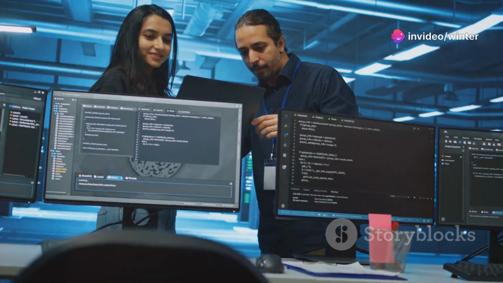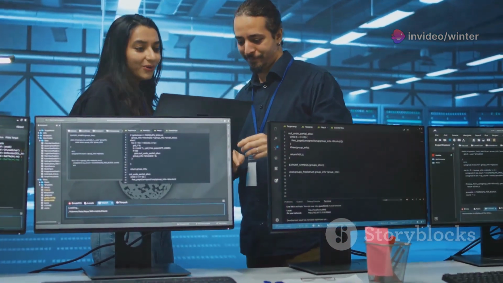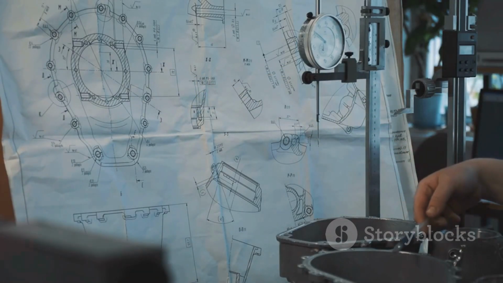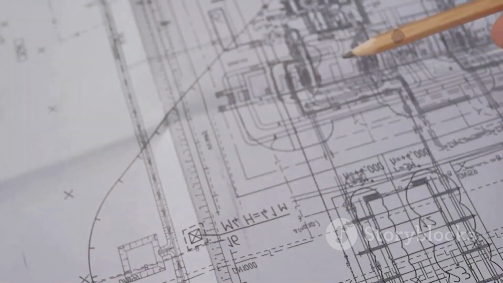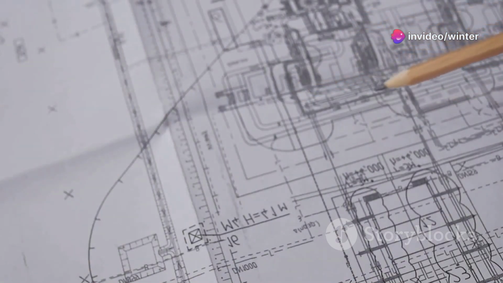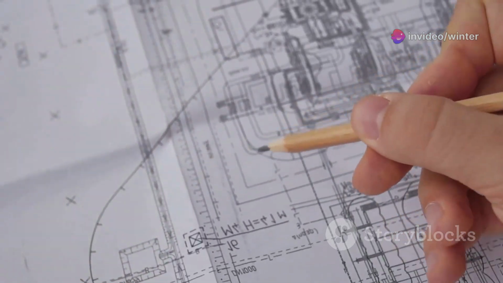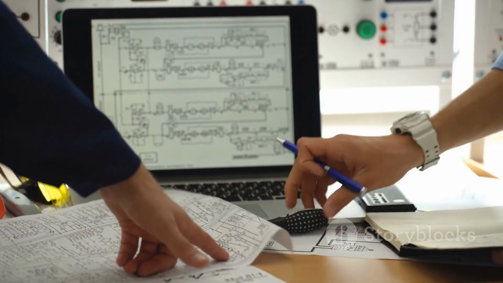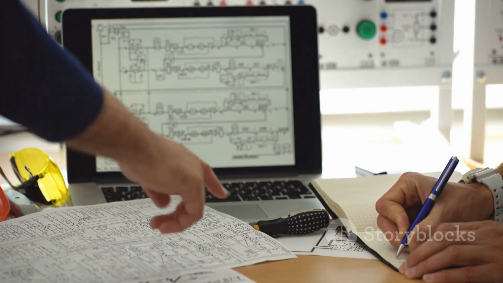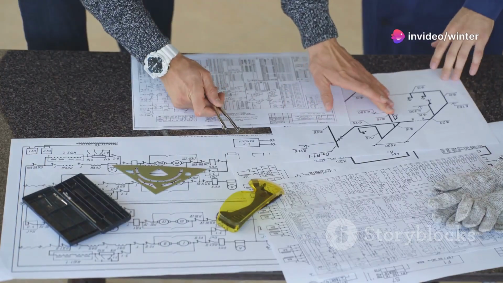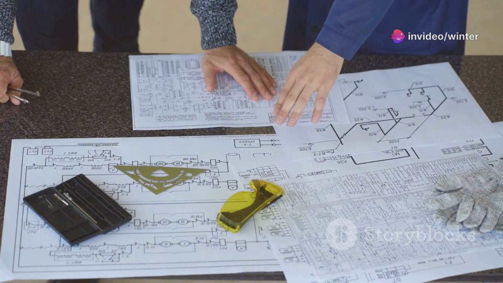This is where revision control emerges as an indispensable practice in the engineering world. Revision control, in essence, is the systematic management of changes made to engineering drawings. It provides a detailed history of modifications, clearly indicating who made what changes, when, and why. This meticulous record-keeping is not merely bureaucratic diligence. It is the bedrock upon which sound engineering decisions are made, preventing costly errors, ensuring accountability, and fostering efficient collaboration